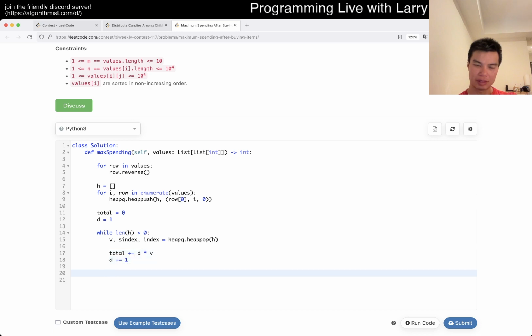And then if index plus 1 is less than length of values of index, then we put it back. Values of